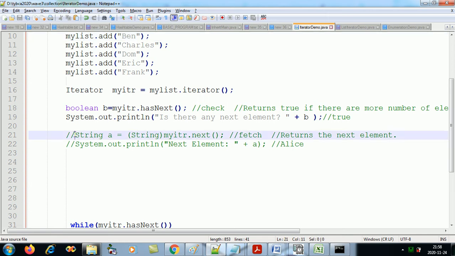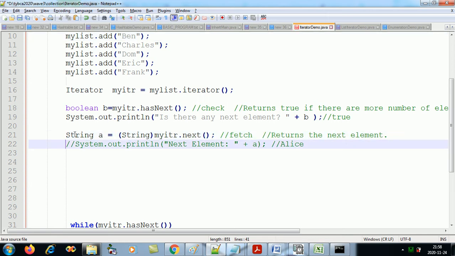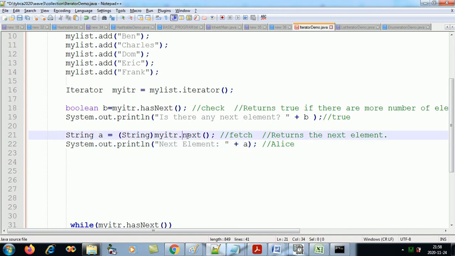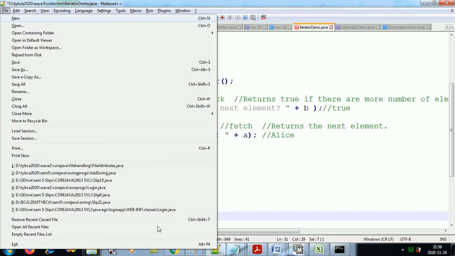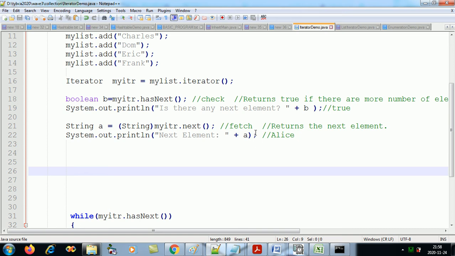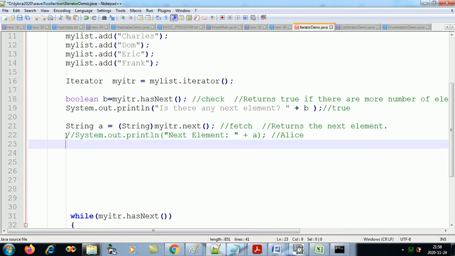Now if I had used next here, it means I had moved my pointer to the next element. So now the pointer had come to Alice and it would display Alice over here, and now hasNext would start from Ben. So Alice would be printed only once. If I don't print Alice here, it will not print Alice because I am just moving it to the next one.